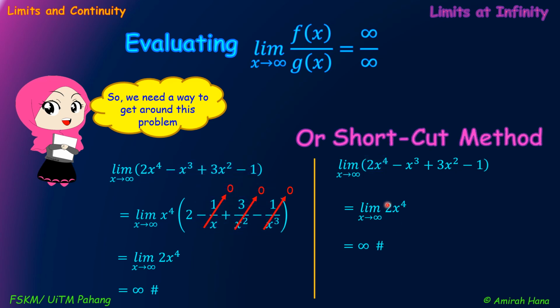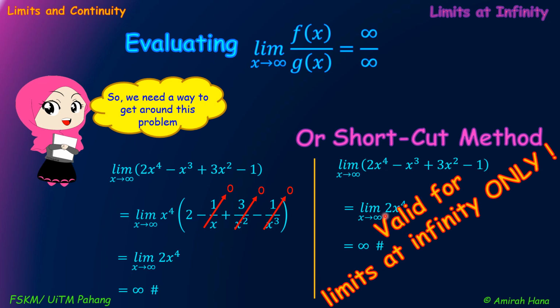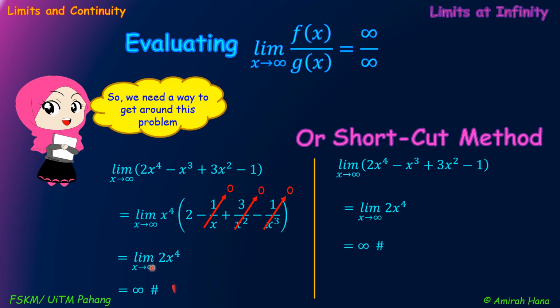This is a shortcut method. But please be careful. This method is valid for limits at infinity only, right? So this method is correct and this method is also correct. If we have limit x approaches infinity, we also can use the shortcut method,